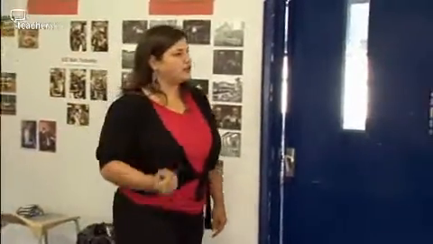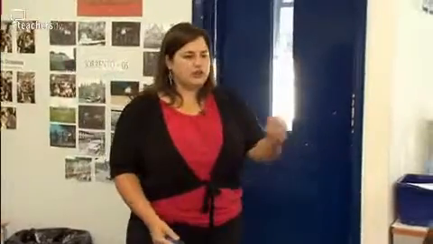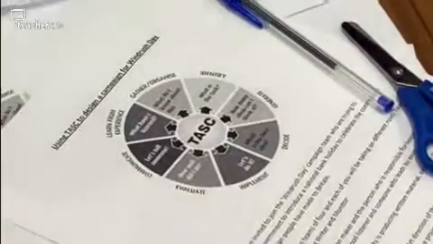Right, Year 7, today we're going to do a Windrush campaign, and your learning objective is to use the task wheel that you've got in front of you, and I'm going to explain what that is. You may have seen it before, but we're going to use it to create a campaign to introduce a National